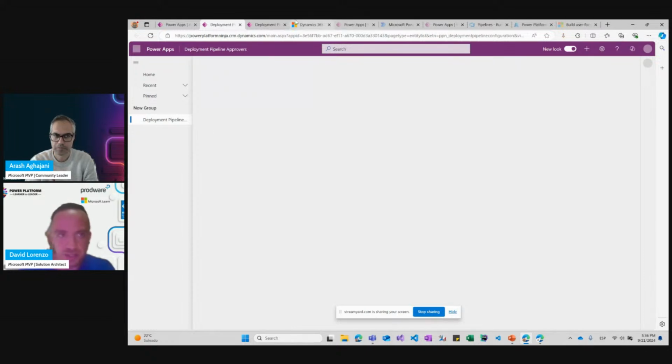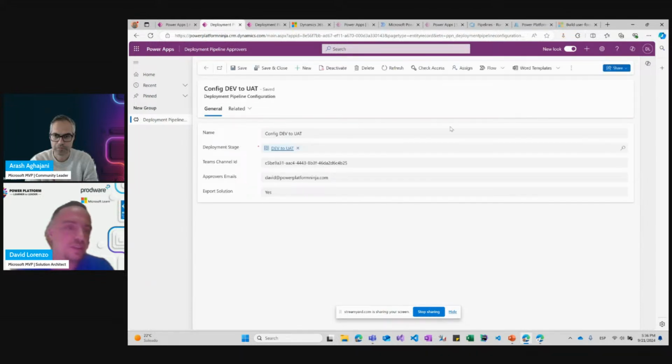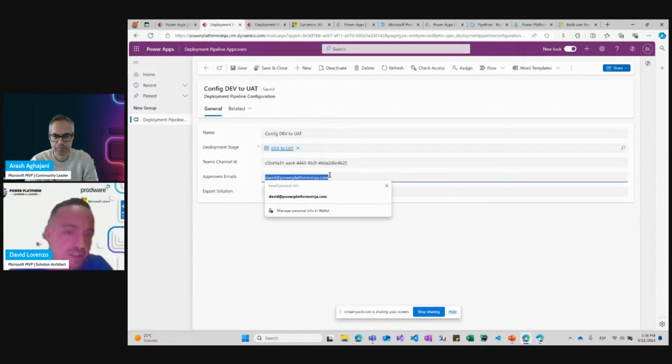In this case, we are allowed to configure the approvers that will receive the approval request from every deployment stage. We have the Teams channel ID where the approvals are also published. This is optional, of course. And we configure here the approver emails. We can put several emails separated by a semicolon.